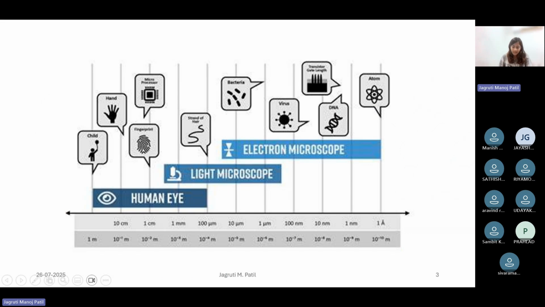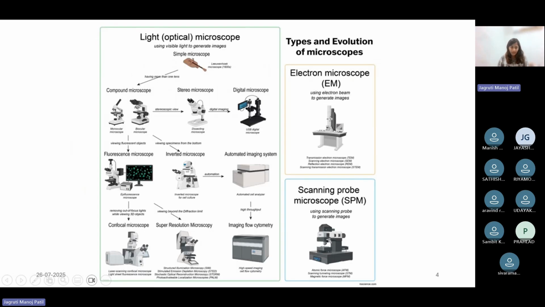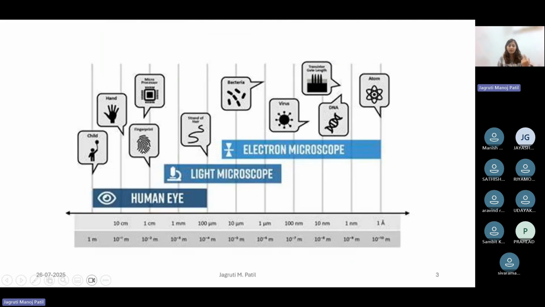Okay, so just in a brief view, through the human naked eye we're able to see resolutions from 1 meter down to a strand of hair, right? One strand of hair, I would say, is like 100 microns or something like that. Now, but through optical microscopy, we will be